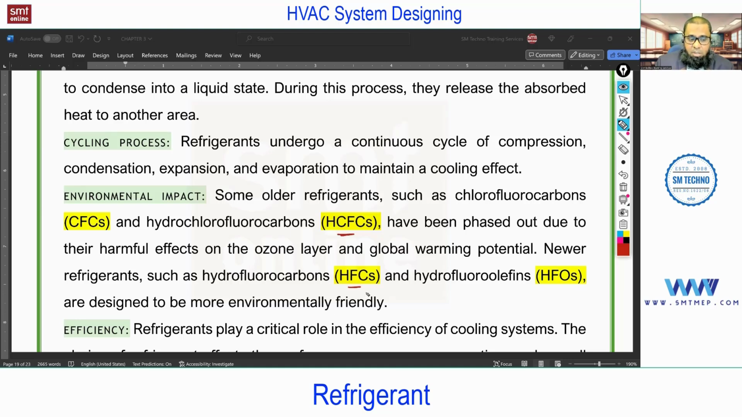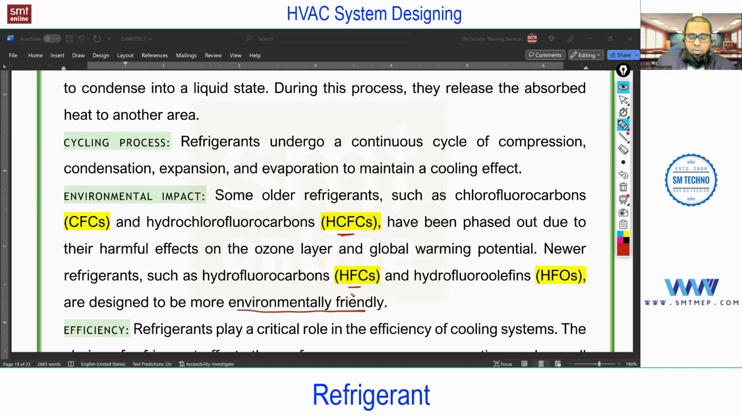But now, for big systems you'll find HFC, hydrofluorocarbons. These are environmentally friendly, meaning there is no effect on the ozone, but they have some disadvantages compared with HCFC and CFC. We'll discuss that on the next page. So remember, in the market you'll find HFC, and the best example of HFC which is commonly used in the market is